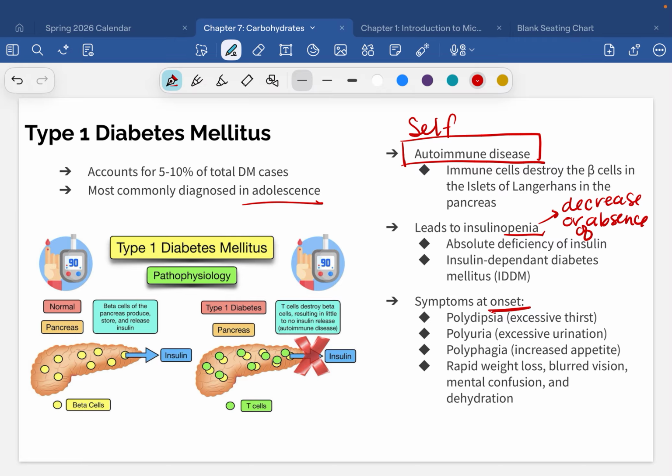And then the excessive thirst actually comes from, we're going to talk about this later. Again, I know I keep saying that, but hopefully you've heard of something called osmotic pressure. And osmotic pressure is basically when something becomes too concentrated. Okay?